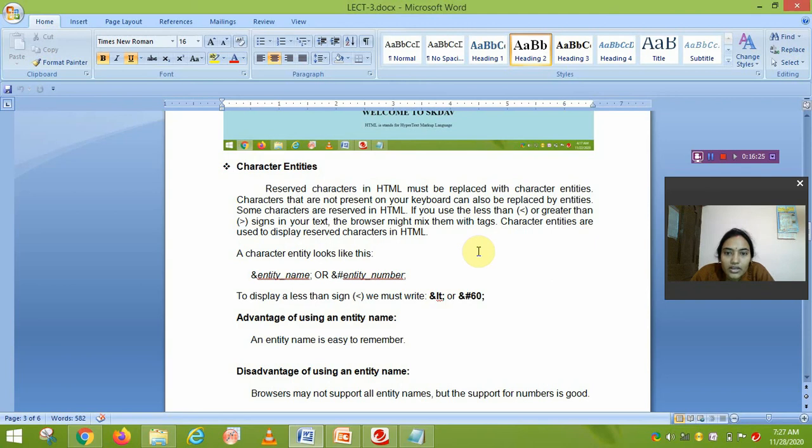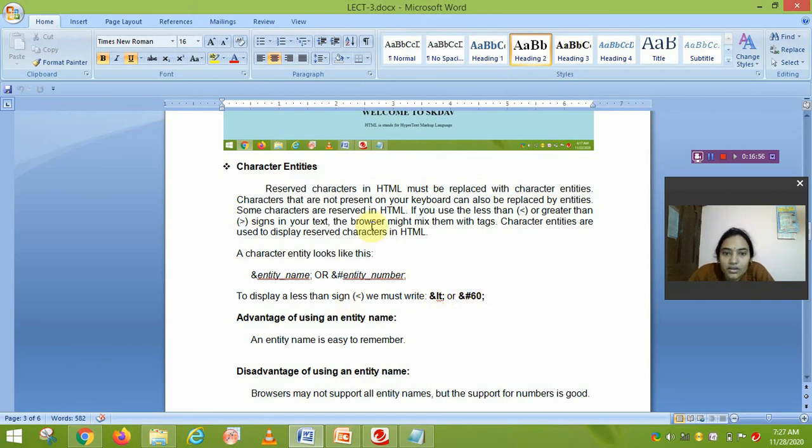So here, if you want to place the less than symbol in your HTML document, then it is not shown there, because the less than and greater than symbols are used for tags. So if you want to place the less than symbol and greater than symbol, we use the character entities or the special character values.